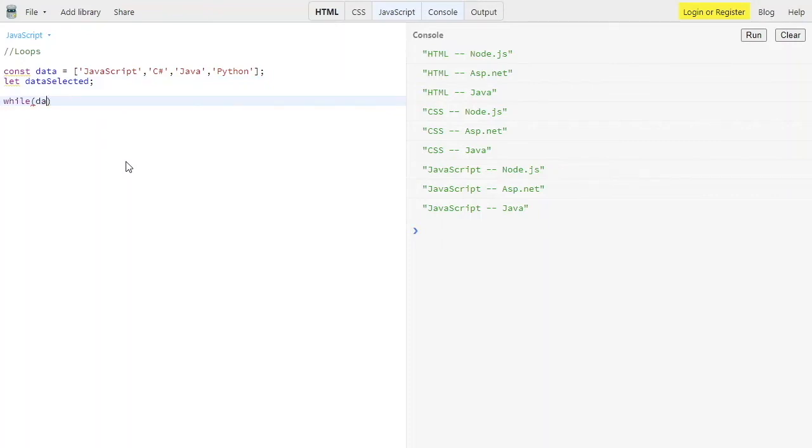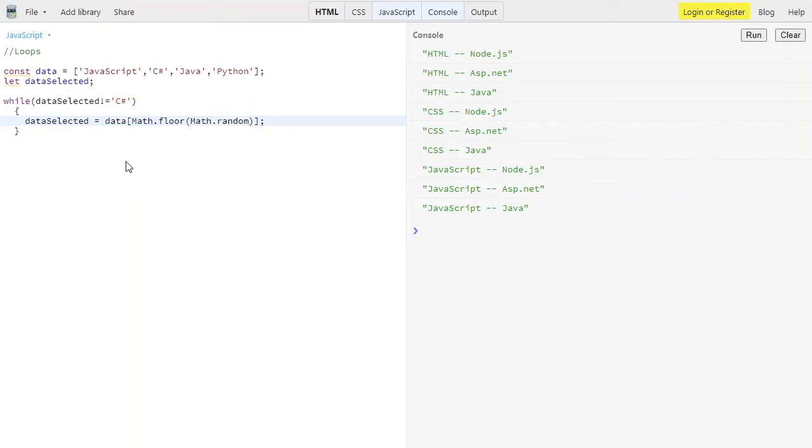While dataSelected not equals to, say, C sharp, then dataSelected equal to data of, and I'm using Math.floor and inside it one more good operator, Math.random.